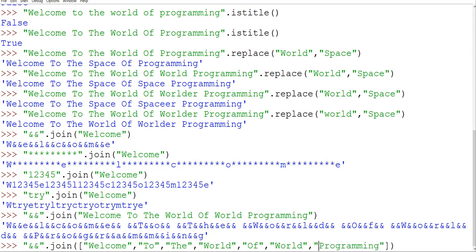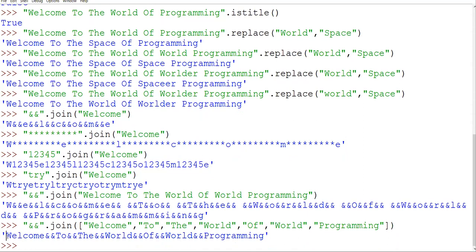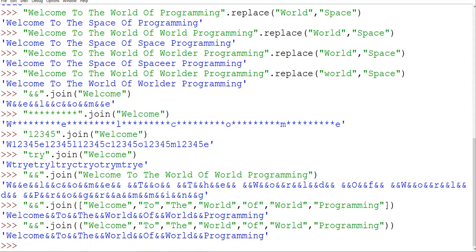Now you see we have created the list and now I'm using it. Now you can see one word, then the symbol that I wanted to join. Another word, again the symbol I wanted to join. So it is perfectly working with the list. Now if I'm having a tuple over here, because ultimately we have to check everything, whether it is working or not. If I have a tuple over here, then you can see it is still working in the perfect manner, same answer. Anyone, any doubt up to here about how join is working with respect to character by character and word by word? Still, if any problem, then let me know.